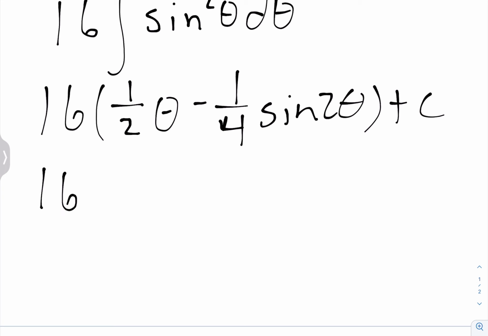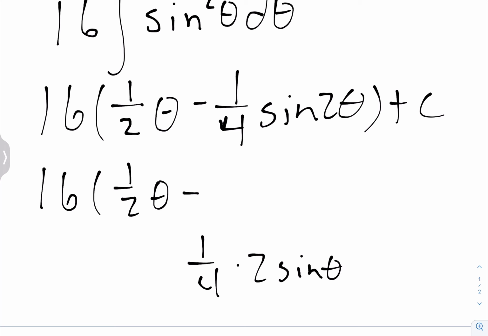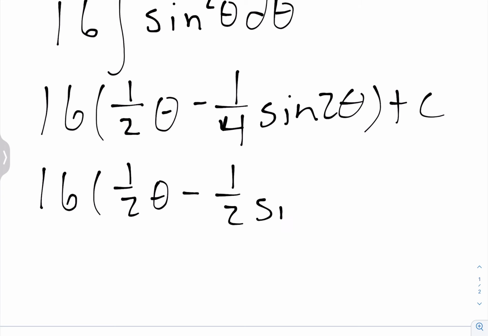So we can go 16 times 1/2 theta minus 1/4 times 2 sine theta cos theta. That's also a trig identity. That's going to be 1/2 sine theta cos theta, minus 1/2 sine theta cos theta